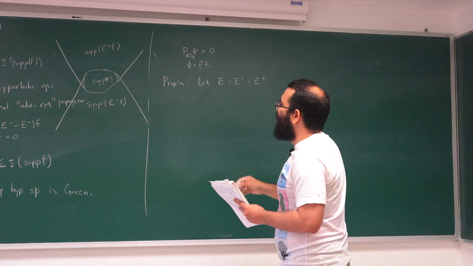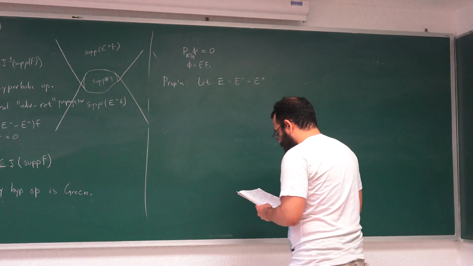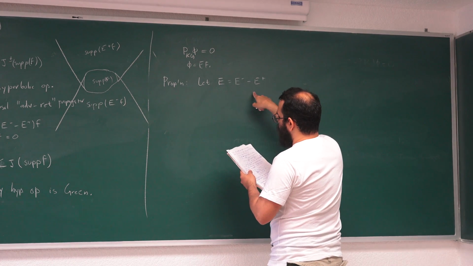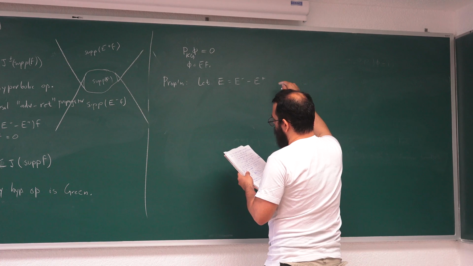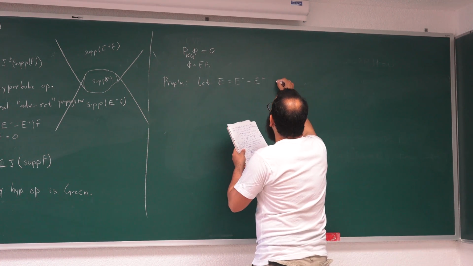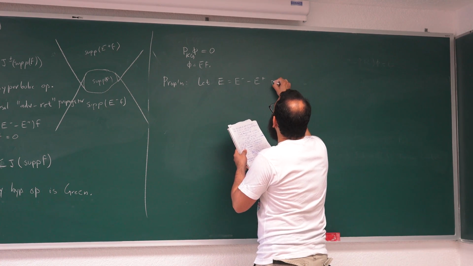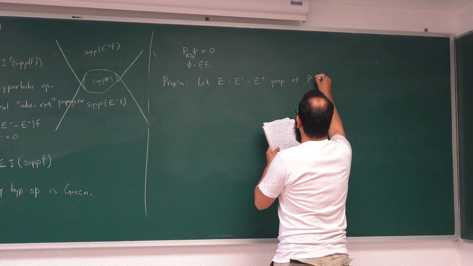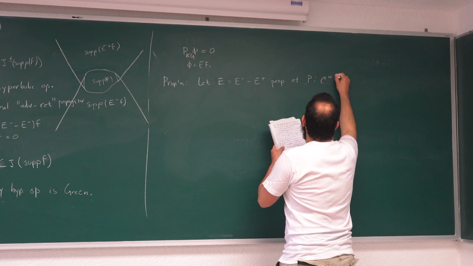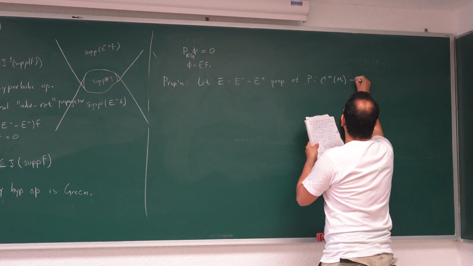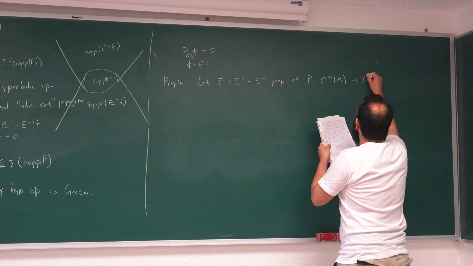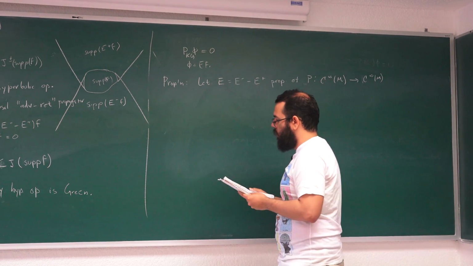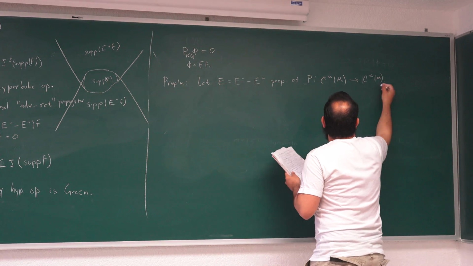Just to establish notation: let E be the advanced minus retarded propagator of P, which is, of course, some green hyperbolic operator, right? Okay, then